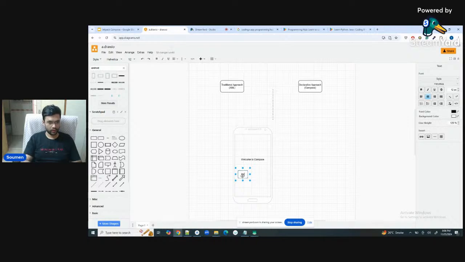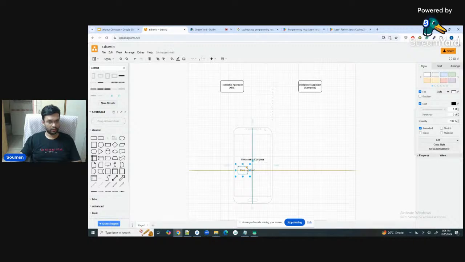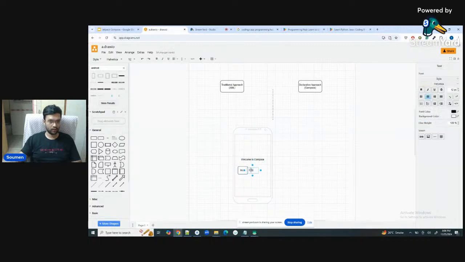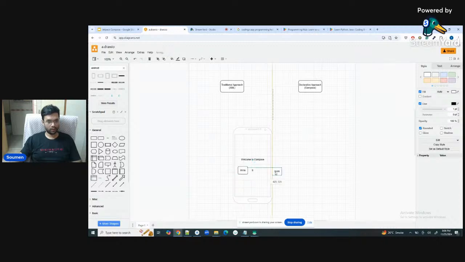One, increment, then a number will be displayed in the center, and a decrement